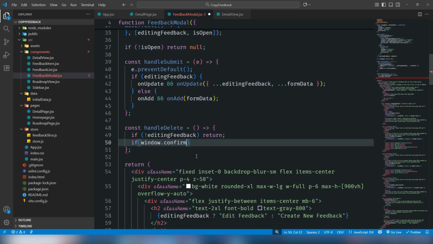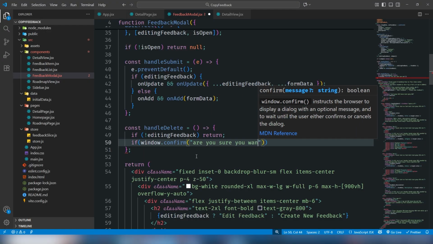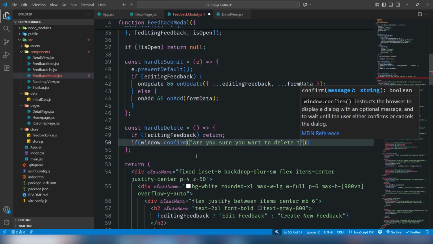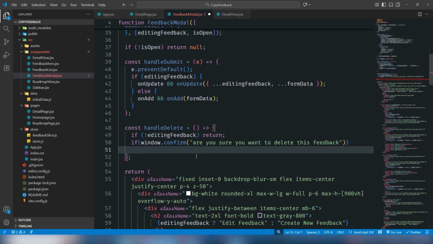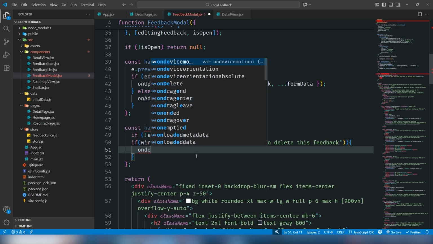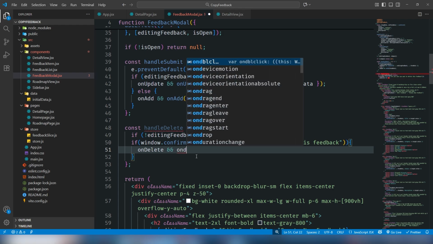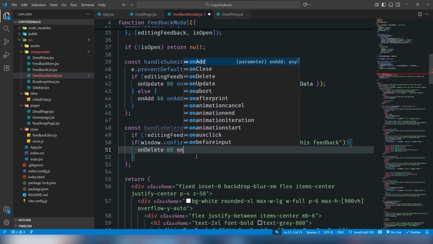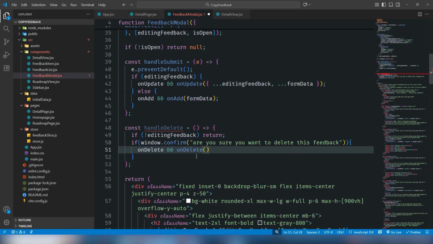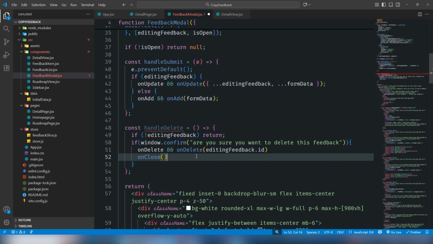and I'm going to use if window.confirm, are you sure you want to delete this feedback? Just use, and I'm going to use on delete, and on delete editing feedback.id, just passing the onClose function. All right,